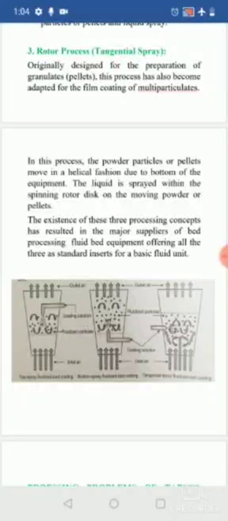Here we can see that in the middle you are going to insert the hot air, as well as the coating solution, from the bottom. Along with the air, the particulates or tablets are going to rise, and at the same time the coating solution is going to spread uniformly and dry within a fraction of a second, and then it is going to fall down. On the top there will be an outlet, and through that outlet the remaining air is removed.